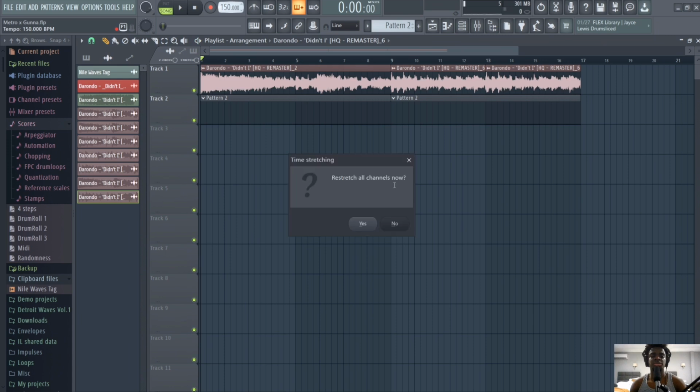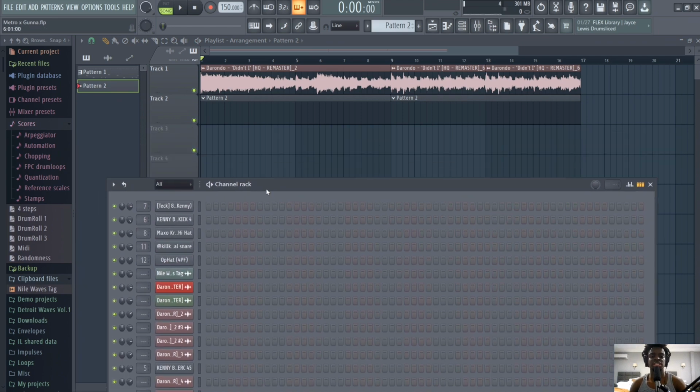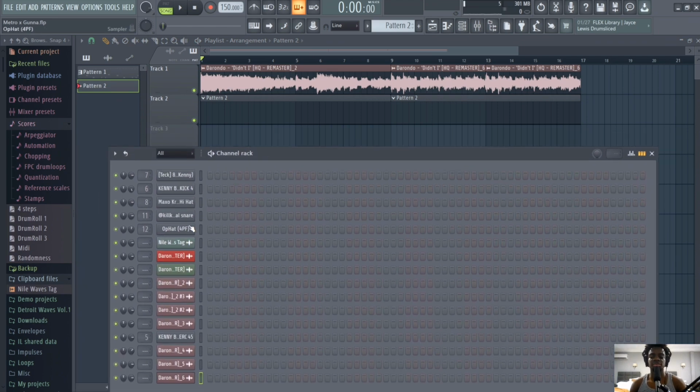Now I'm going to bring it up to 150 BPM, make it a little faster. And now we're going to get to the drums. So first of all, sound selection is key with these types of beats. If you're going for a more Metro Boomin type style, me personally,